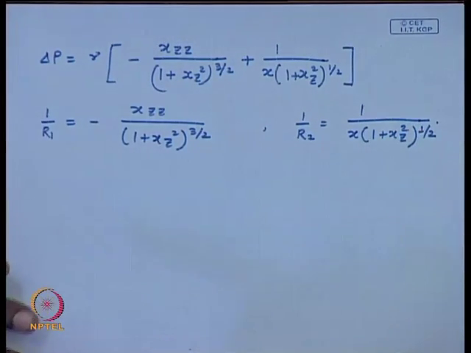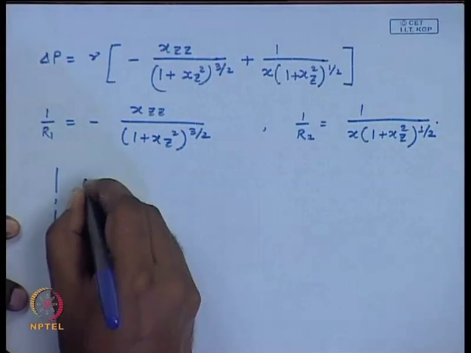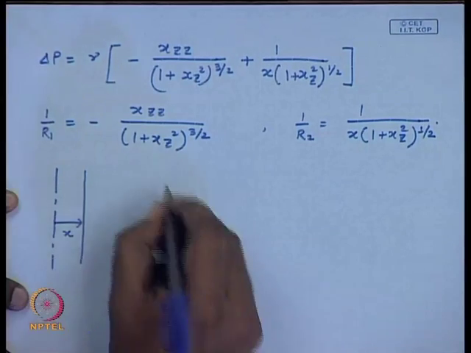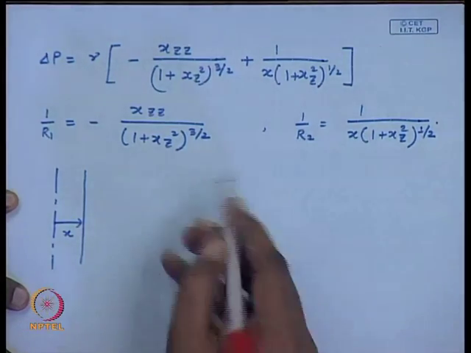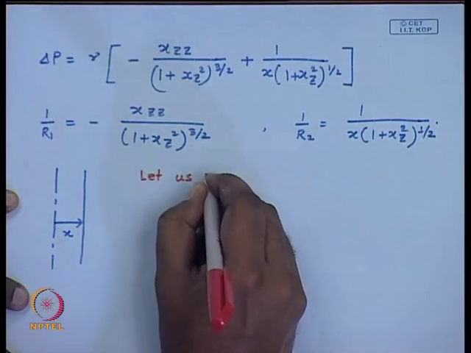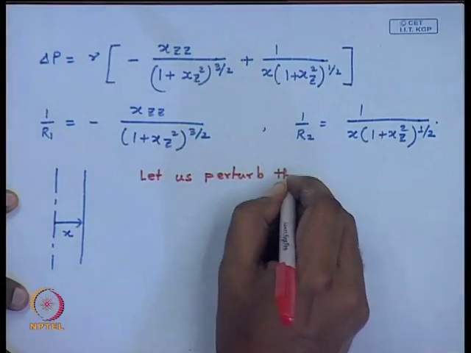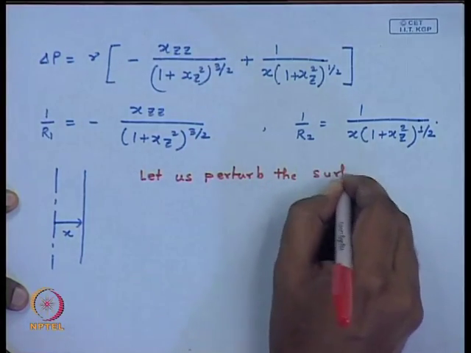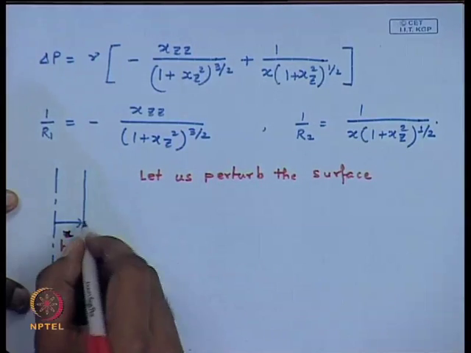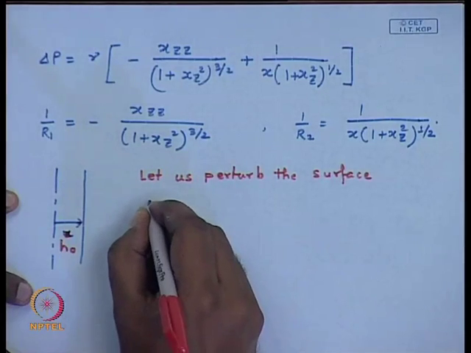Now, let us sort of, so this is the cylinder we have, this is at x, this is the z direction. Now, let us perturb the surface. Let us say this is the mean diameter of the surface to be h0. So, how do we perturb the surface? We perturb the surface